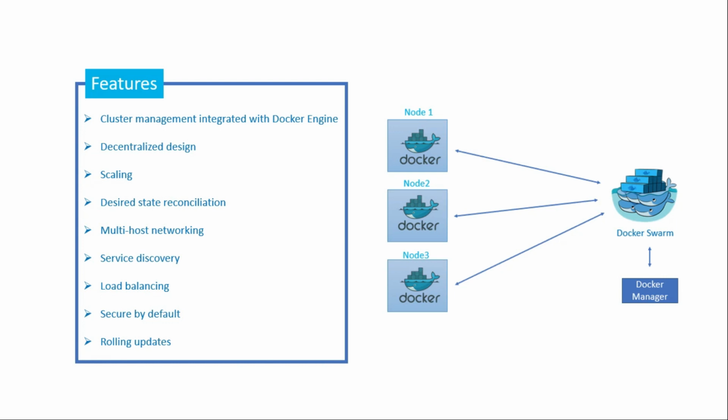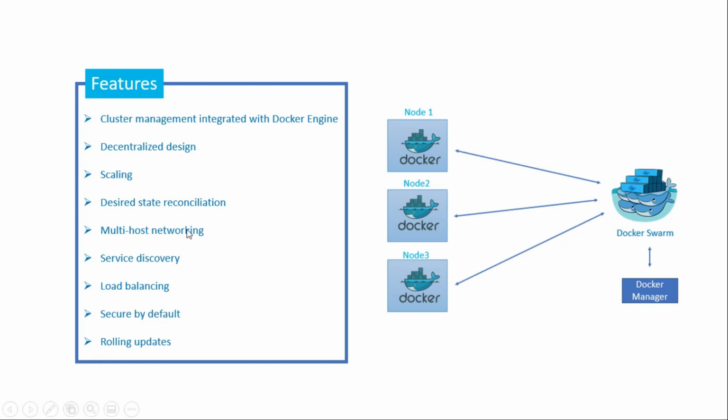Desired state reconciliation. The Swarm Manager node constantly monitors the cluster state and reconciles any difference between the actual state and your expressed desired state. For example, if you set up a service to run 10 replicas of a container and a worker machine hosting two of those replicas crashes, the manager creates two new replicas to replace the ones that crashed. The Swarm Manager assigns the new replicas to workers that are running and available. So it works on the desired state.